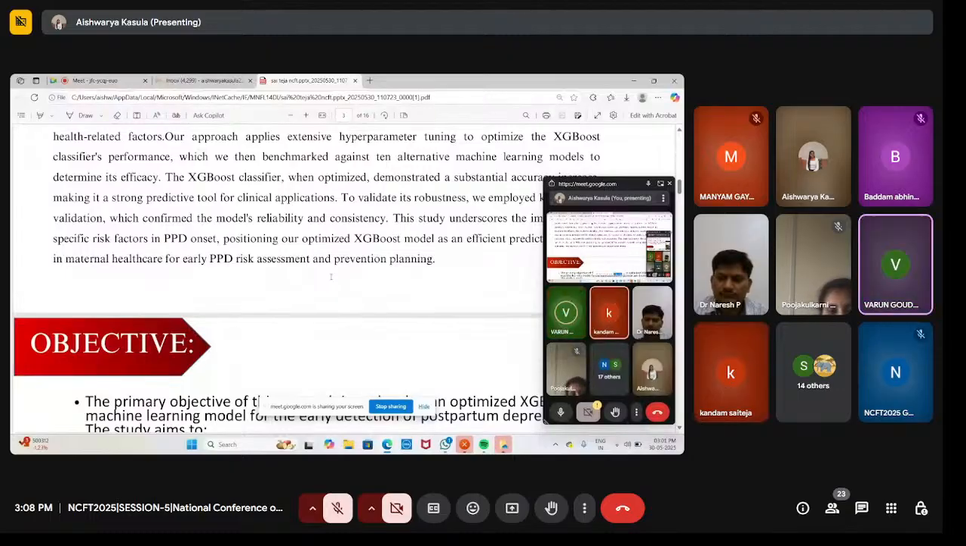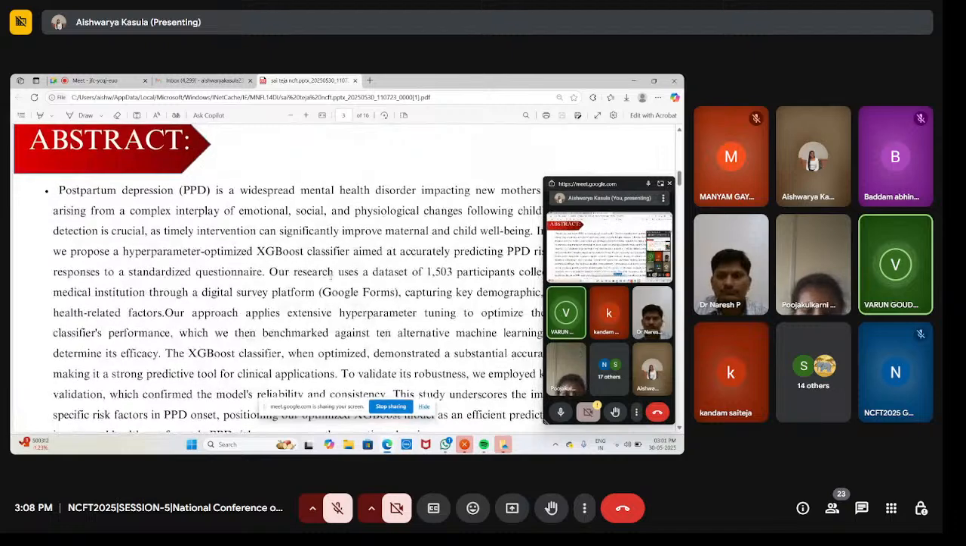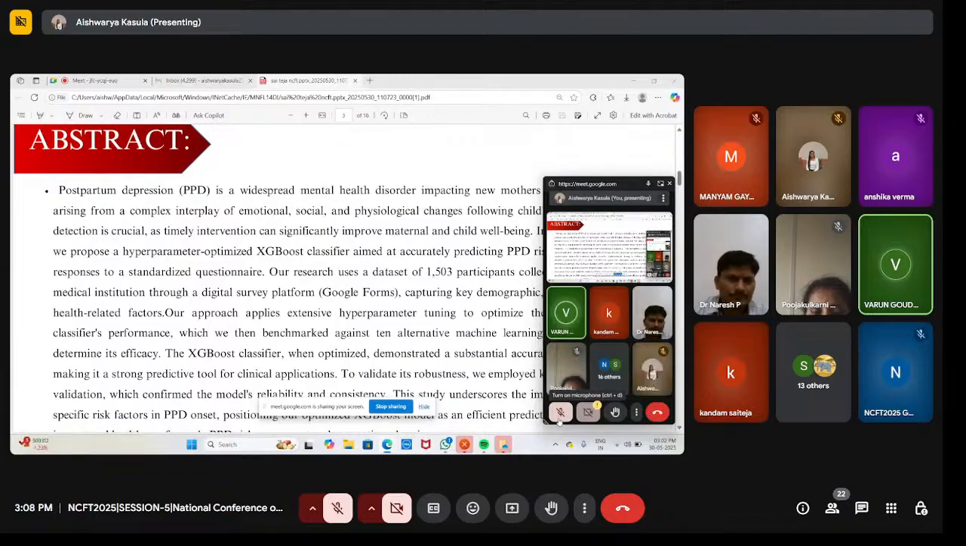Here I'm going to explain the abstract. The main problem is that PPD is a serious issue. It affects 10 to 20% of new mothers worldwide, and the tricky part is that it is often missed or diagnosed too late because of the current methods, like questionnaires. So our goal is to build a machine learning model that could predict PPD early and accurately using an optimized version of XGBoost. It is a powerful AI algorithm, and how we did it is that we collected data from 1,503